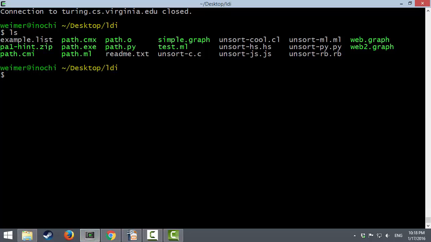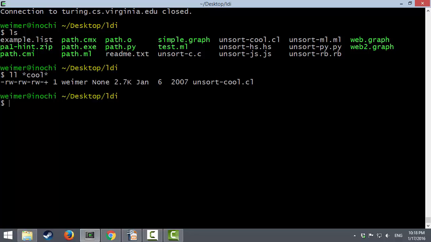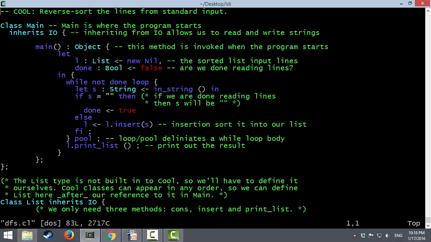So, once again, we've unzipped the Programming Assignment 1 hints. And we do have one of them that involves COOL, unsorting in COOL. And I'm going to copy this to depth-first search in COOL, because we remain bad at naming. Pull it up, and again, the syntax of COOL we will cover in class,